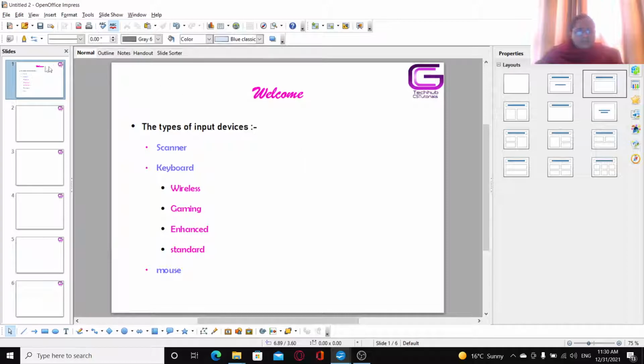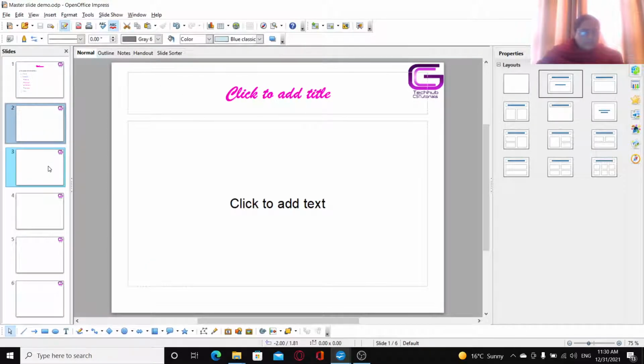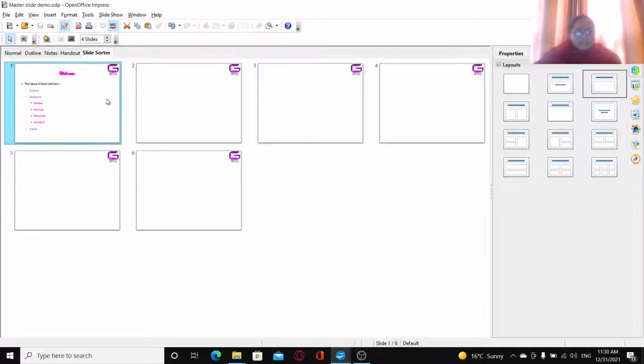So I've saved it, and you can see that it is applied on all the slides. Like I'm clicking on all the slides, it is applied on all the slides. Let's check the slide sorter view, and you can see that that logo is inserted on all the slides.